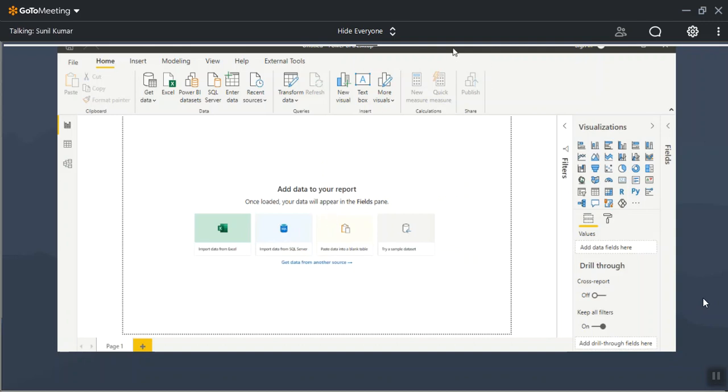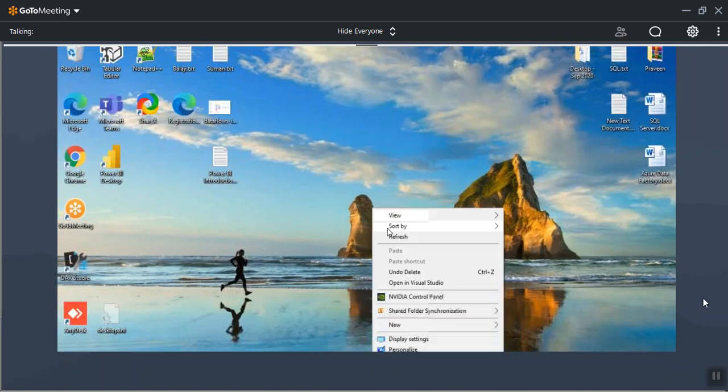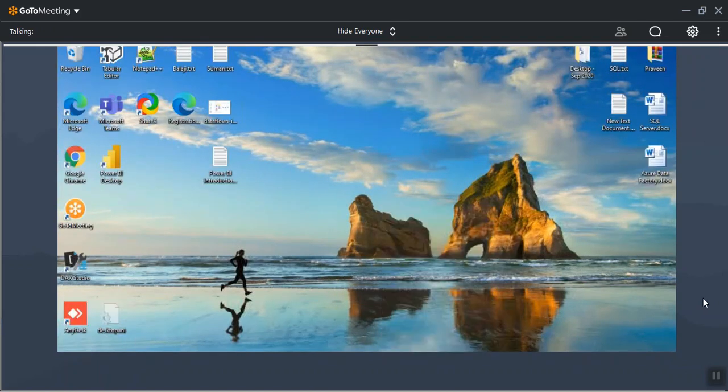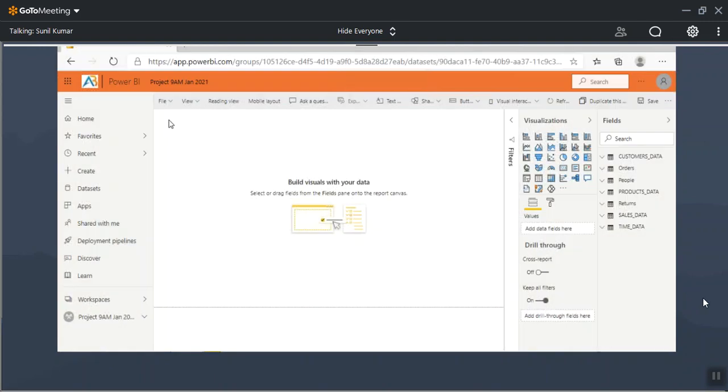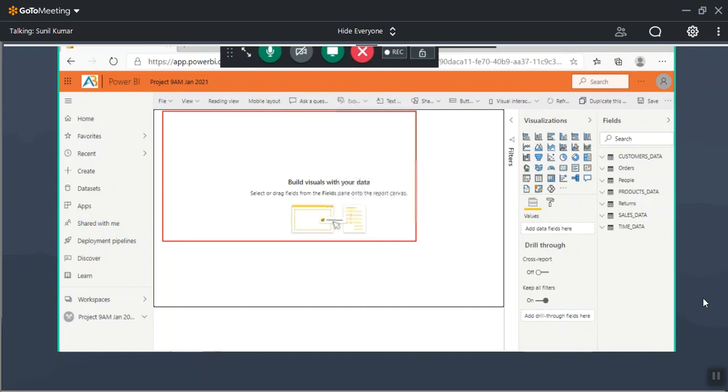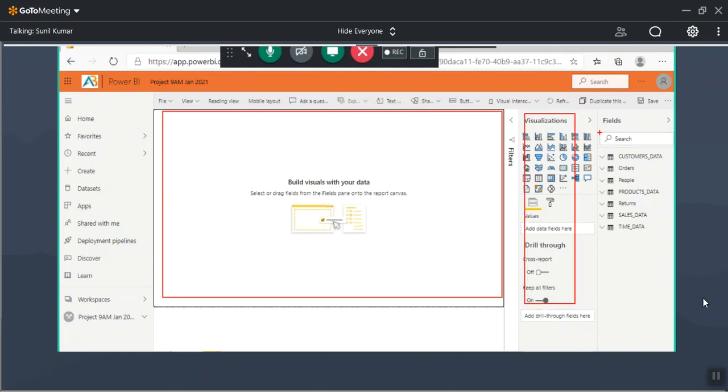Let me log in. Might be I gave the wrong spelling or something. Same as when you connect from Power BI Desktop, the same way I can see here also: report canvas, visualizations, fields.